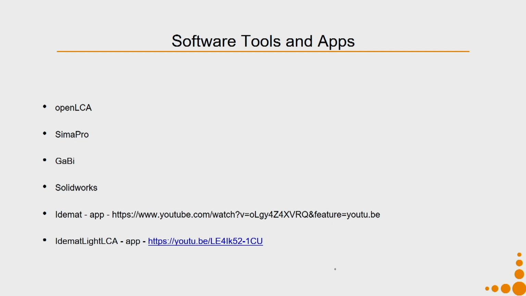Then there are two apps. These are very lightweight apps, and you can use them on any Android or iOS based device. The first app is called IDEMAT, and the next app is IDEMAT Lite LCA. The first app had data related to lots of different processes. At this moment the database had some 700 materials and processes, and you could pick all the materials that you require. Then there was an Excel sheet connected to this app. You can put the required data in it and then do your life cycle assessment calculations.